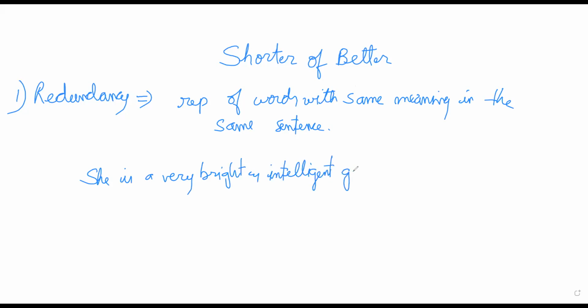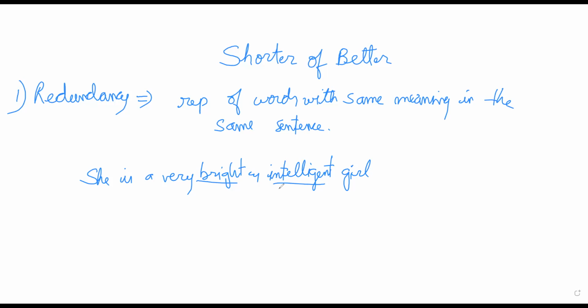Bright is in the same context as intelligent. I'm not talking just about the literal meaning, it is also the contextual meaning. If it is repeated, it is known as redundancy. So basically, when you use more than one word to describe one feeling,